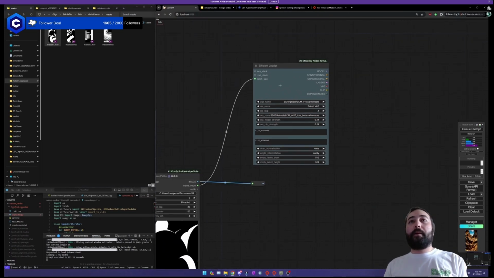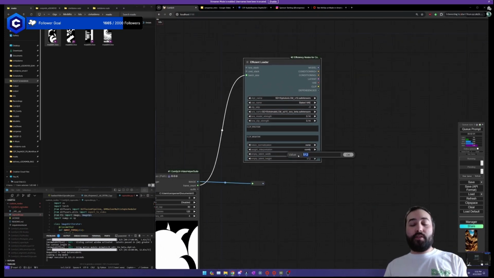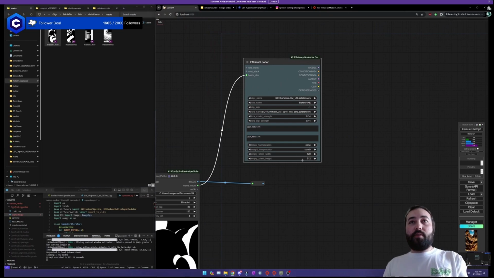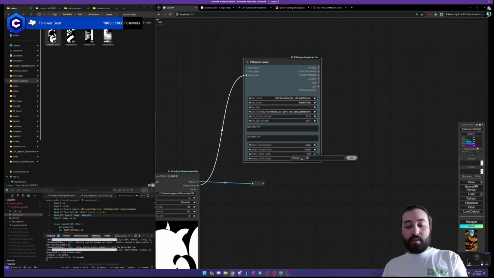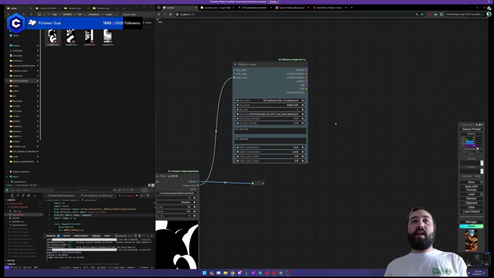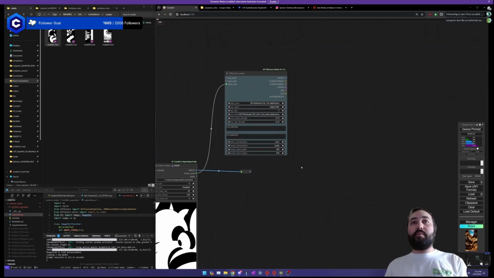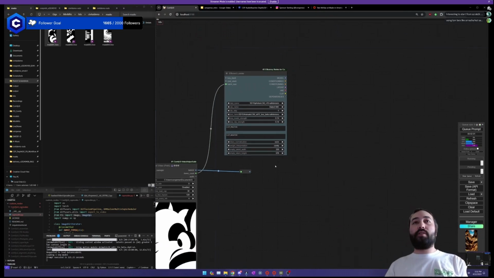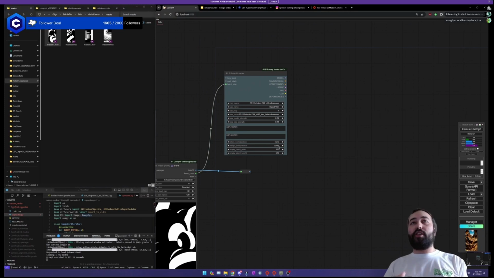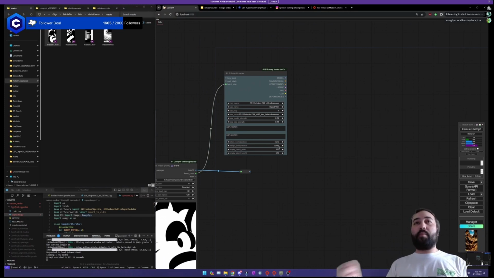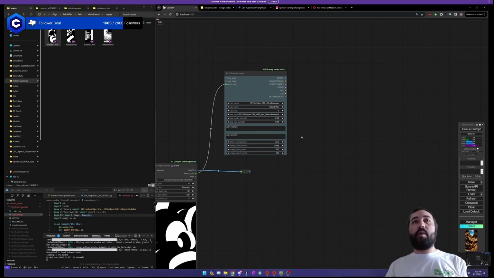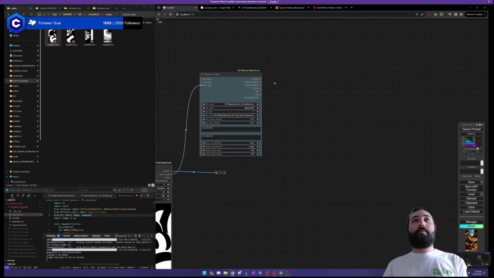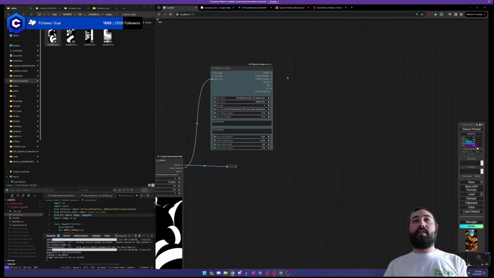And our resolution is going to be 320 by 576. It's going to be our starting resolution. And that really works well with LCM and in general, because we're going to do a high res fix step to bring it up to a higher res before we actually use it. But starting at a lower res is going to ensure that we have much better composition and we're able to test things more quickly. Okay, now let's just get everything else in here that we need.